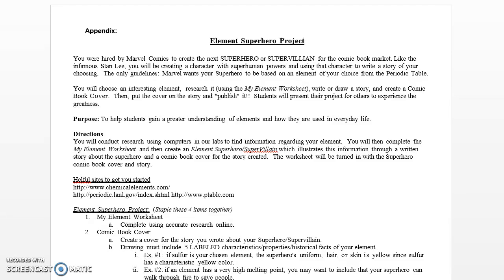They'll incorporate their understanding of the atom as it applies to the periodic table. This assignment is great because it's collaborative, creative, and innovative. I've used this assignment before, but I have not incorporated technology to the degree that I have in this revised Element Superhero project. So I think that the addition of technology will only enhance the students' experience, and